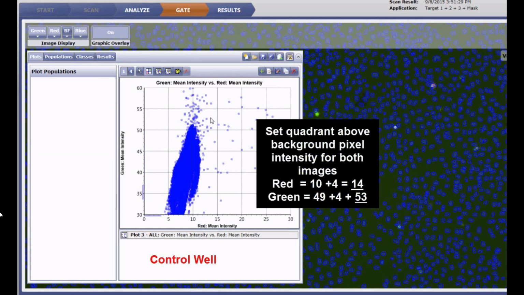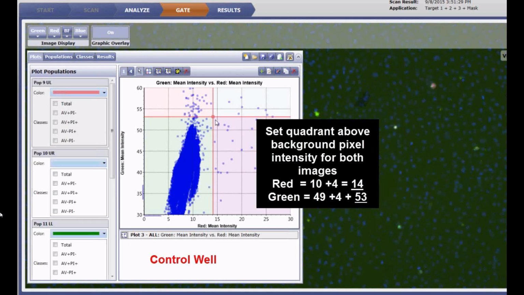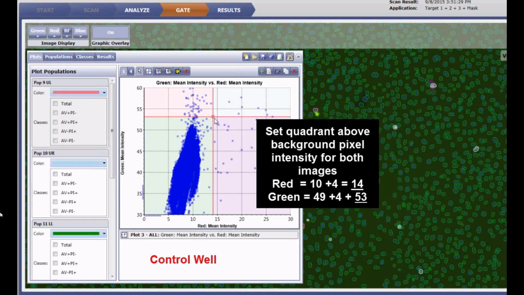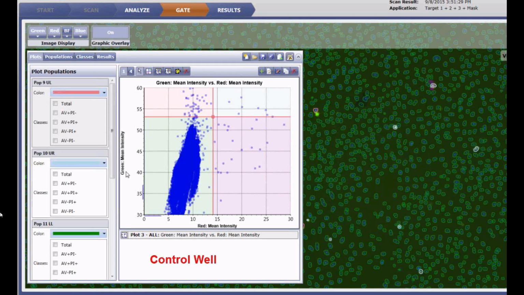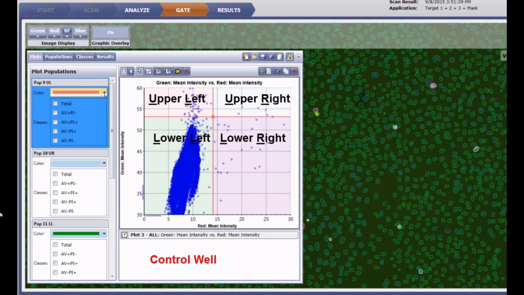Just adding about 4 intensities to that, we can place the scatter plot to 14 and 53. And now the green mean intensity will basically have scored positive cells in the upper left because that's above